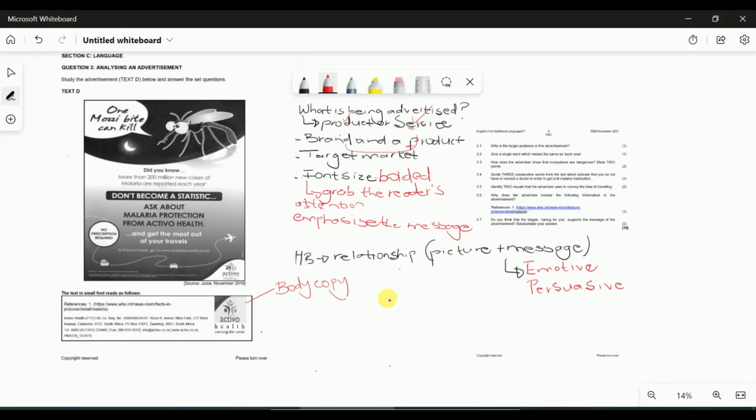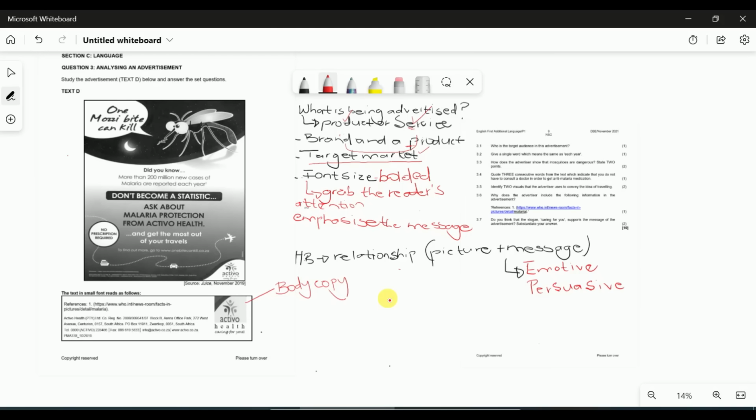Now, one of the most key, I would say, important concepts of an advertisement is actually the target market. You will never be in a position to outline the correct target market if you did not do justice with regards to unpacking the advert, because you are going to rely on the pictures that are used, and on the message that is stated in an advertisement, in order to come up with the correct target market. A target market can refer to age, it can refer to gender, but at times you can't even refer to age or gender. You would therefore need to describe the kind of people who would go and buy that particular service